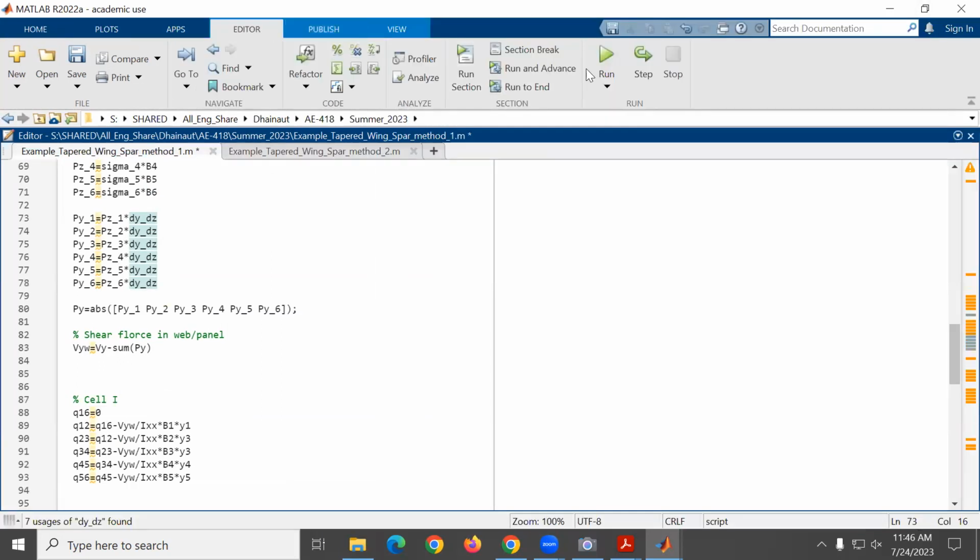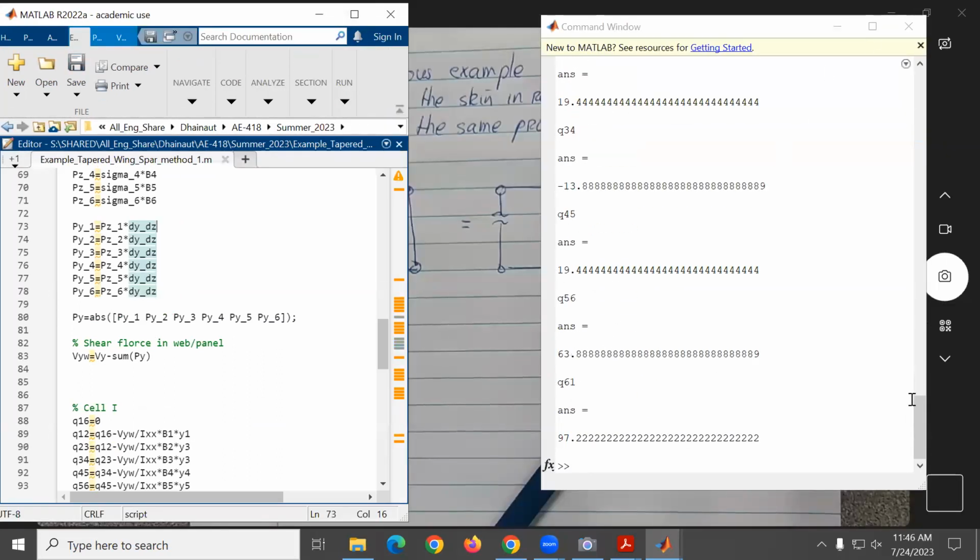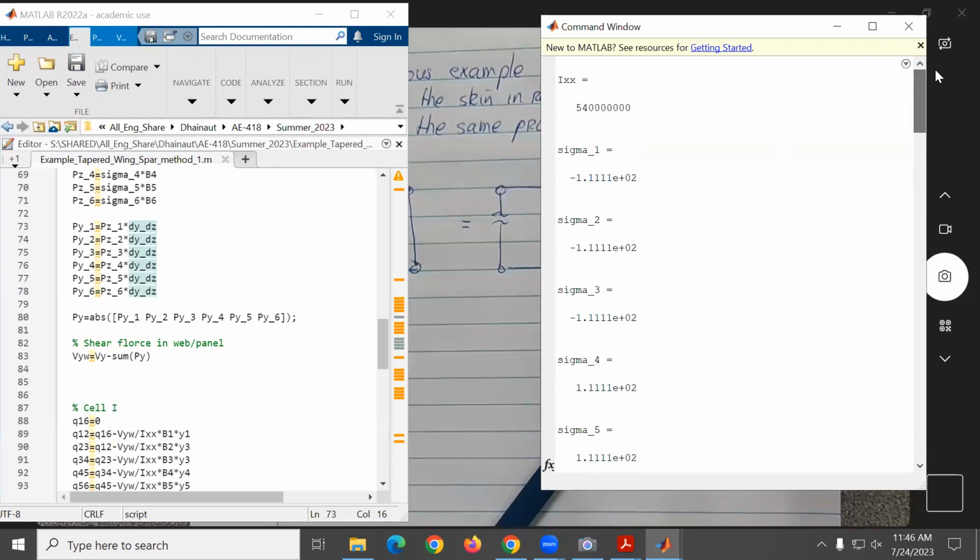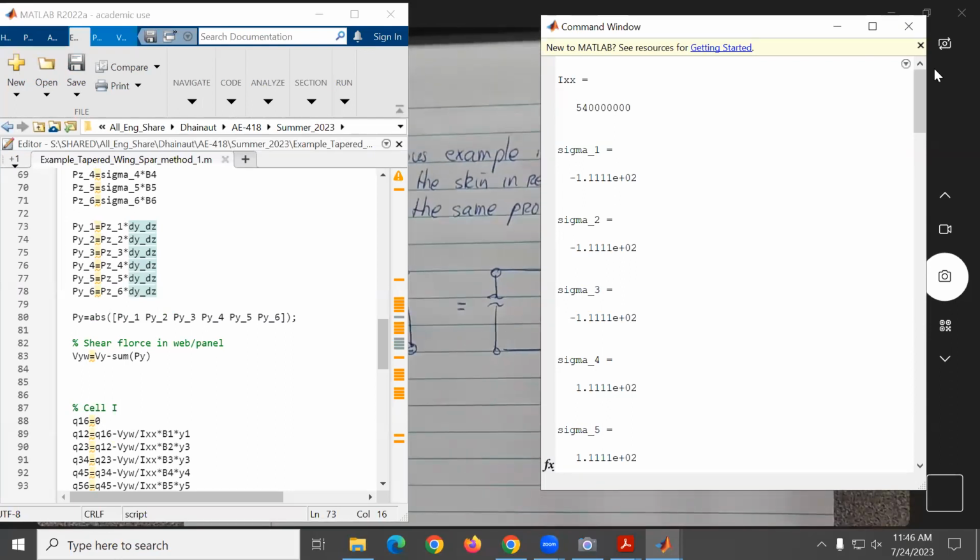Somebody knows what is the shortcut to execute the file? F5. Okay. All right, so here we are. Okay. So from here, we're gonna have